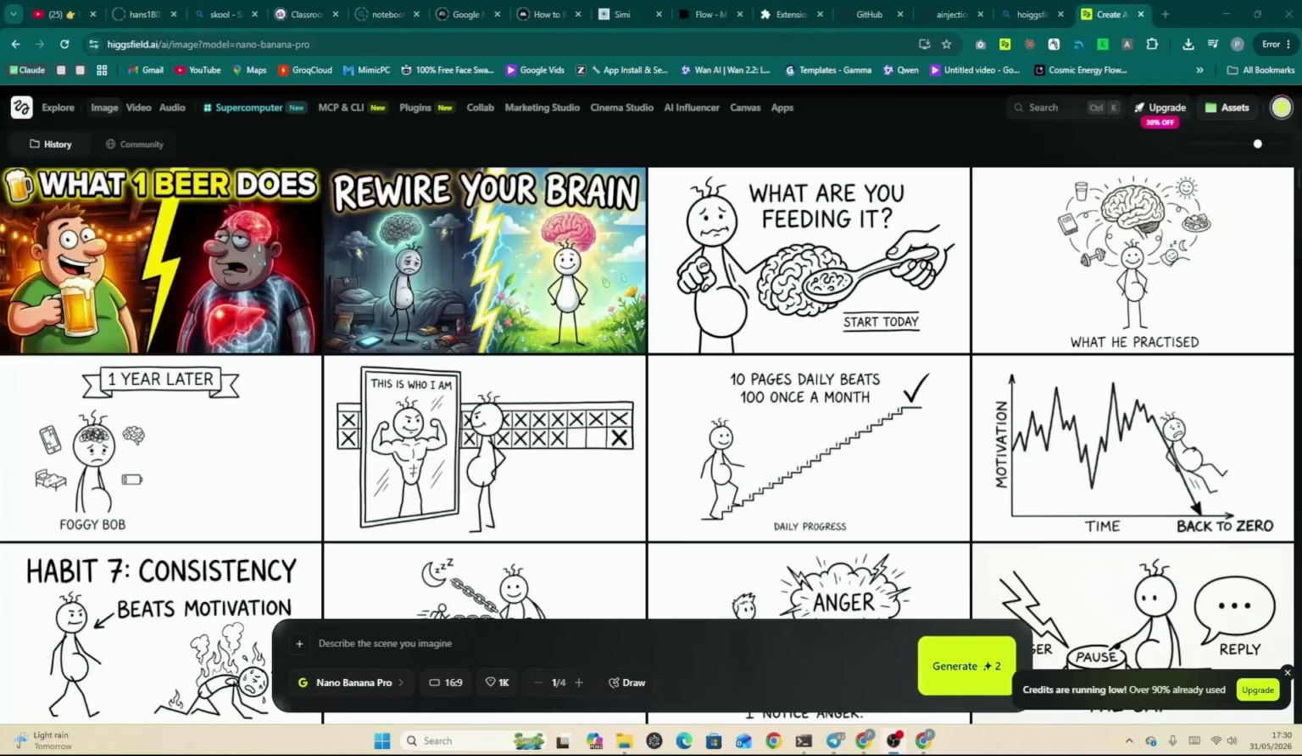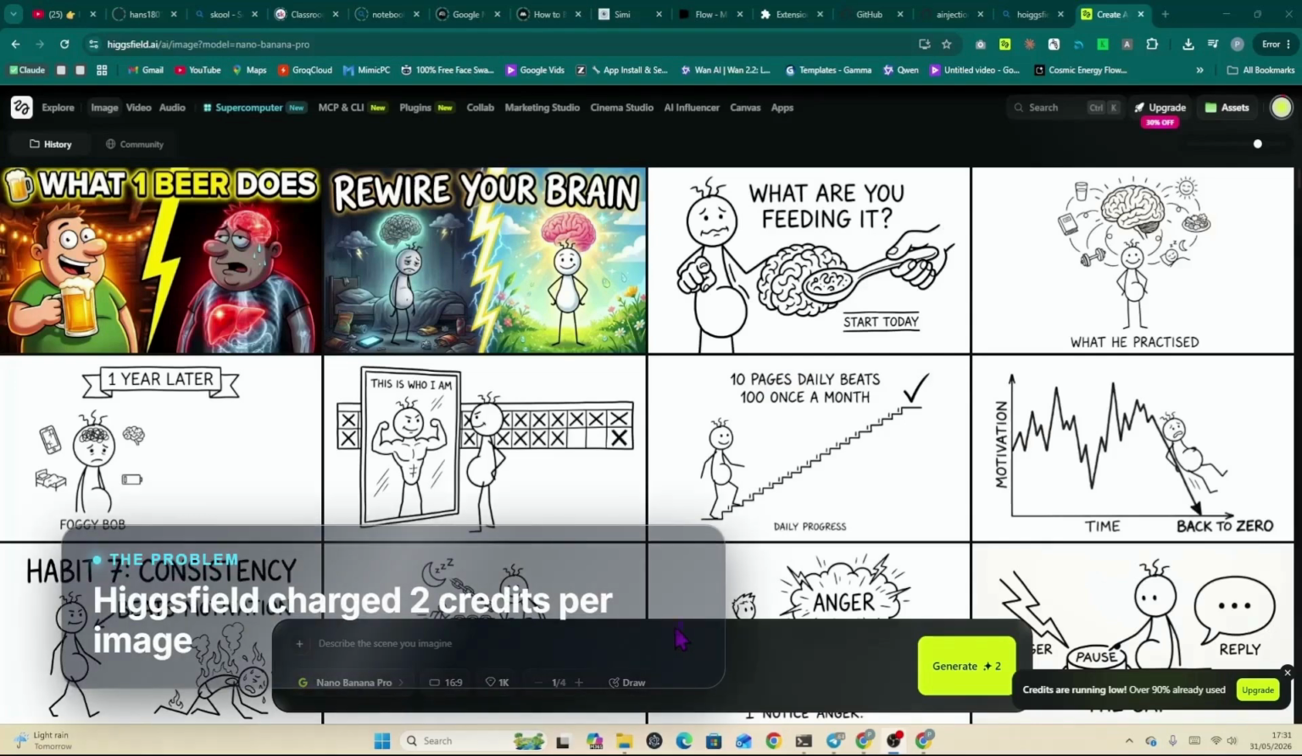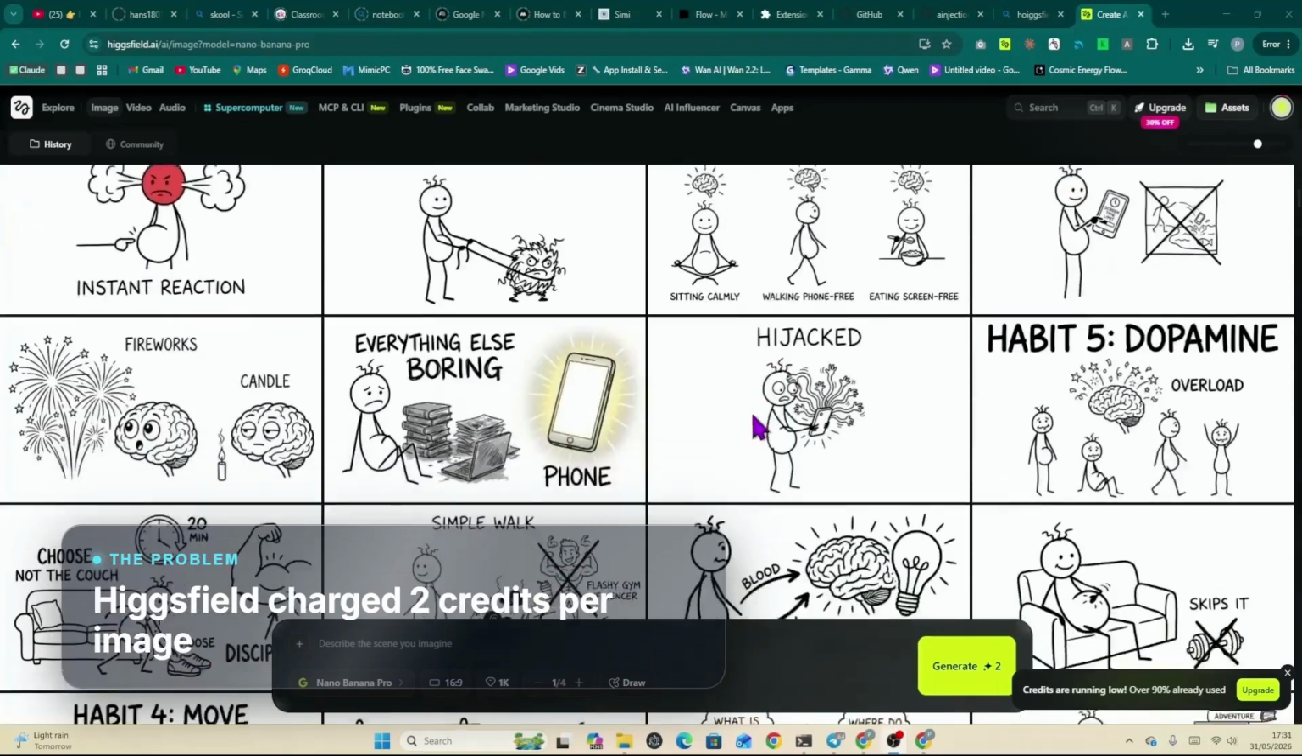So I've been making some new YouTube channels. I thought I'd try the Stickman channel, and I'm using Higgsfield through MCP server. And the trouble I've got with it is that rather than being free to generate an image, it cost me two credits to generate an image. I don't know how much that is in real money, but I did all these images,